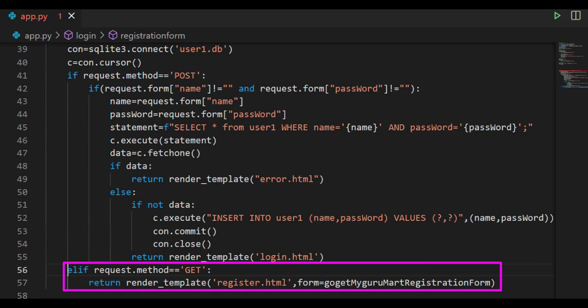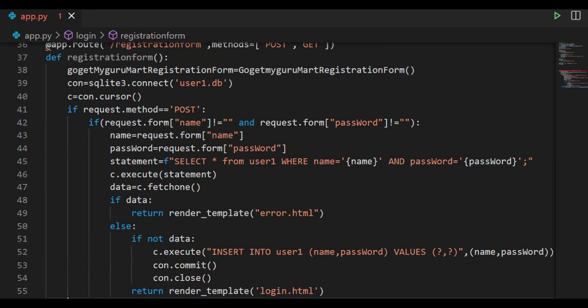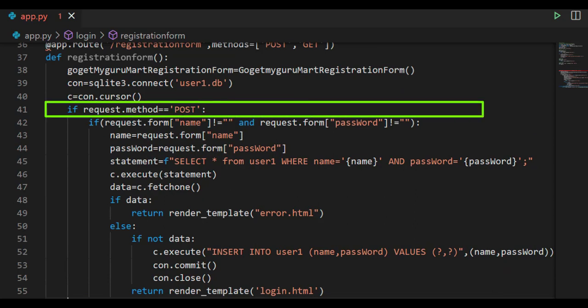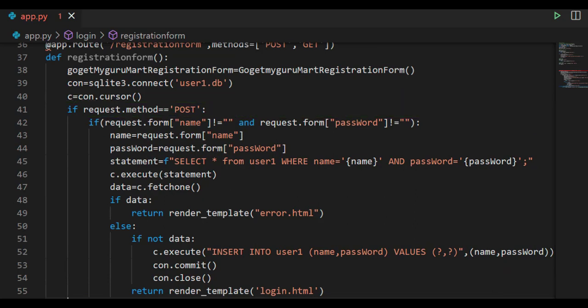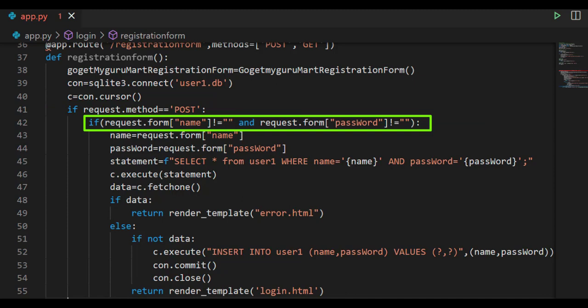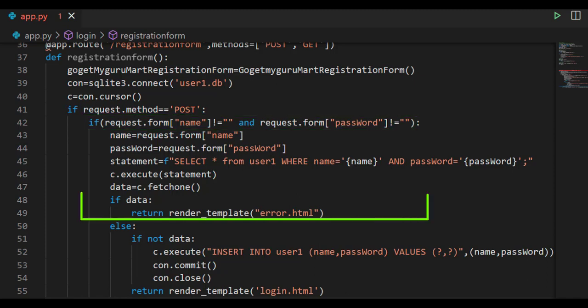Then the user will click on the submit button. Then that request will become the post method. In the post method, again it will check for the condition. The name field and also the password field should not be equal to null. And also whatever data the user enters while registering, the data should not be the same. If the data is the same, then it will render